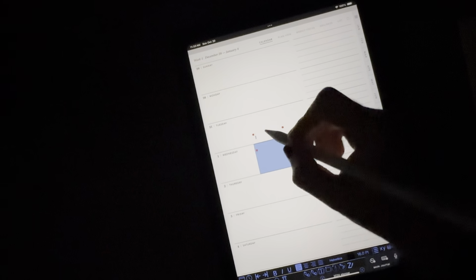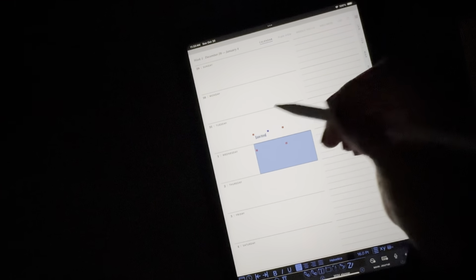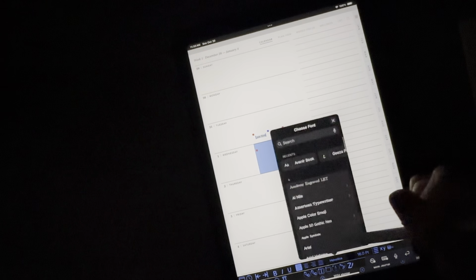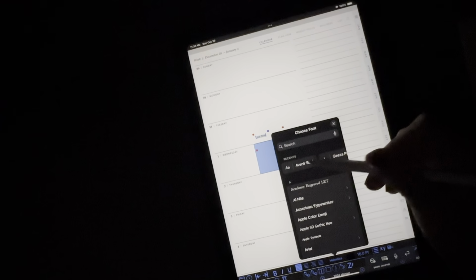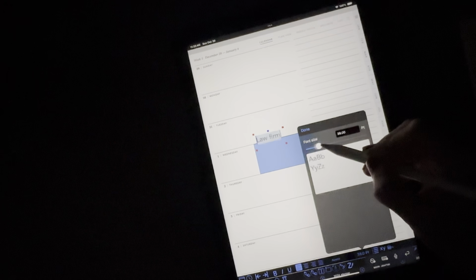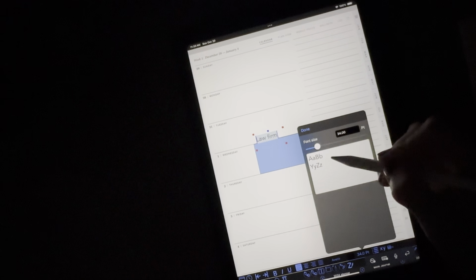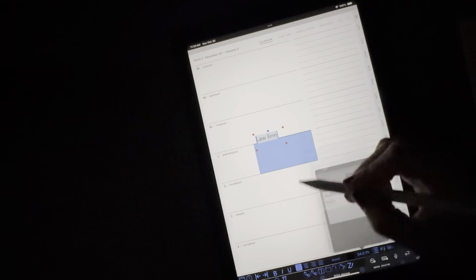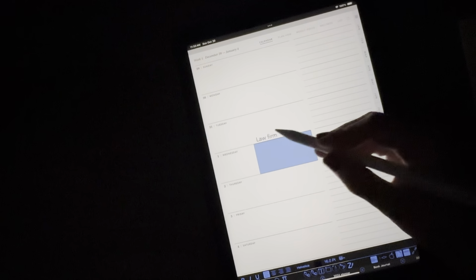I'm gonna say law firm, oops. I'm gonna turn this into, I've really started to like this Avenir book that Laurel Studios uses. And I also want it to be kind of bigger. So now when I click off and click on again,